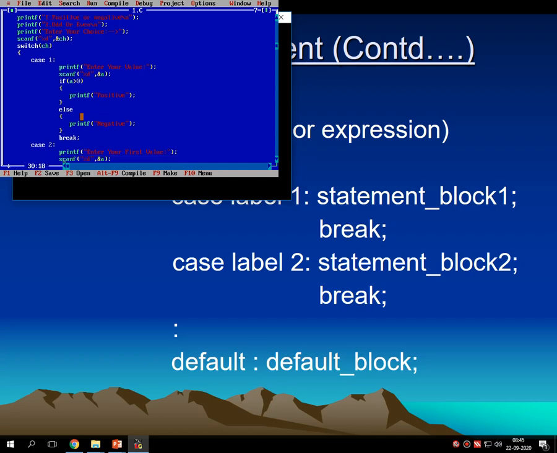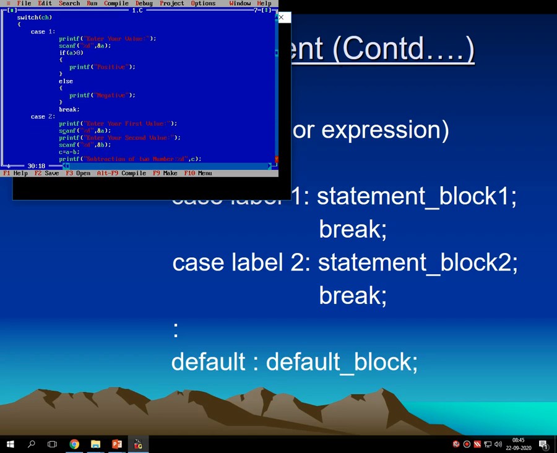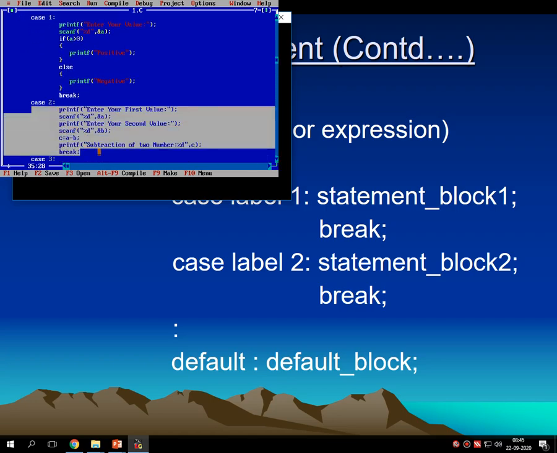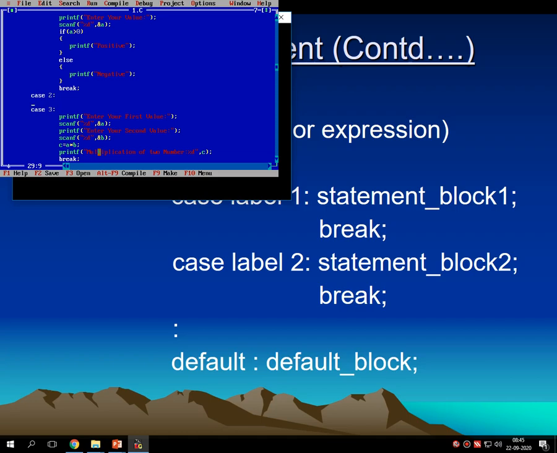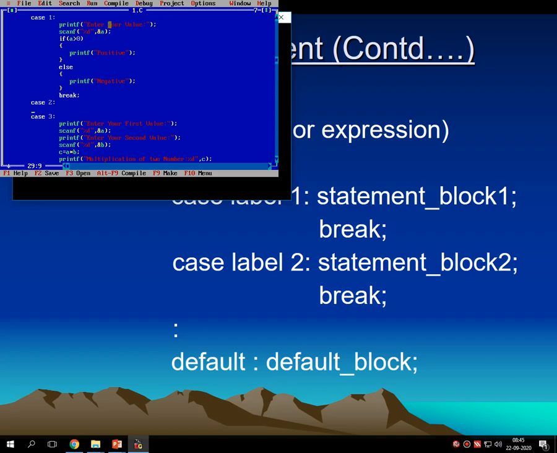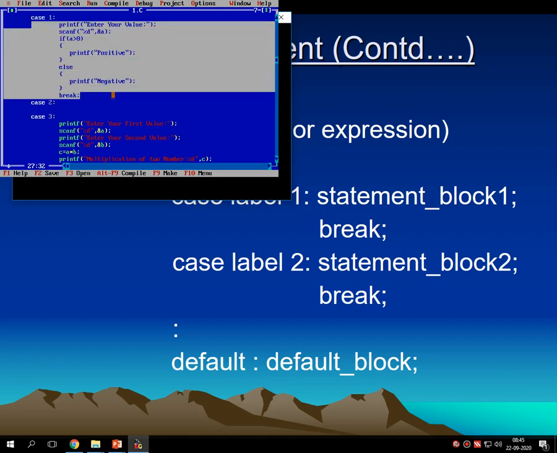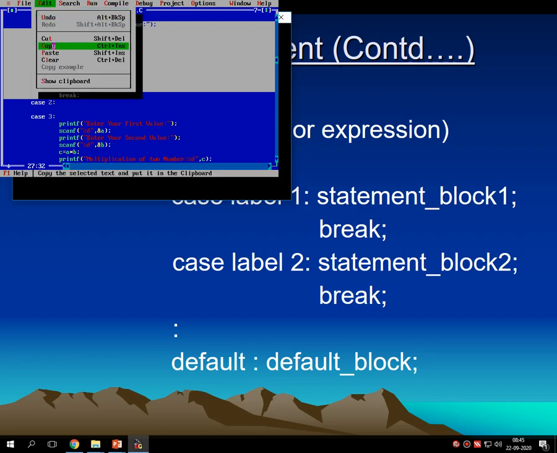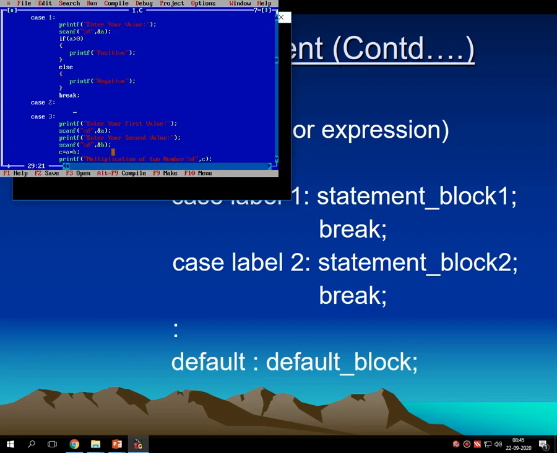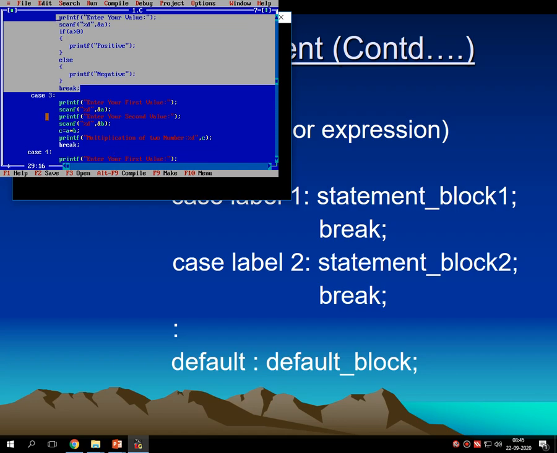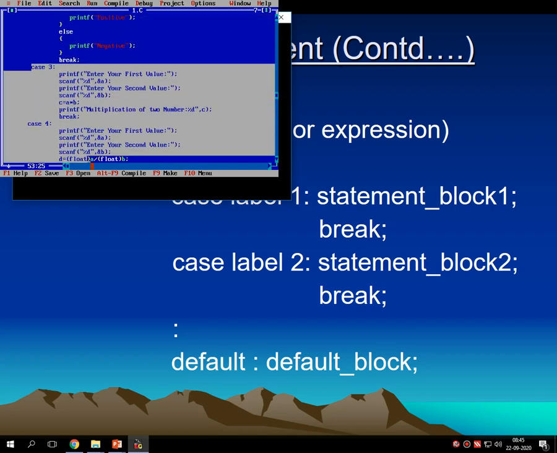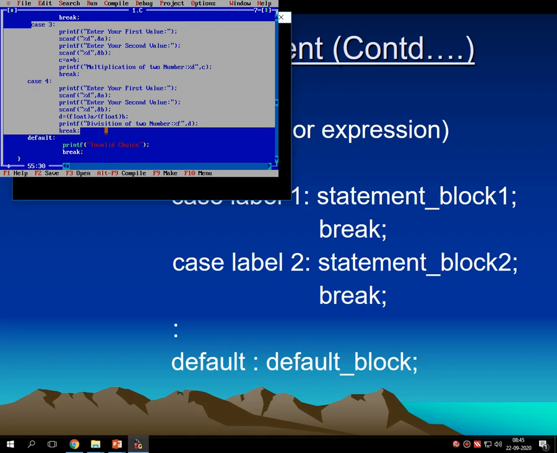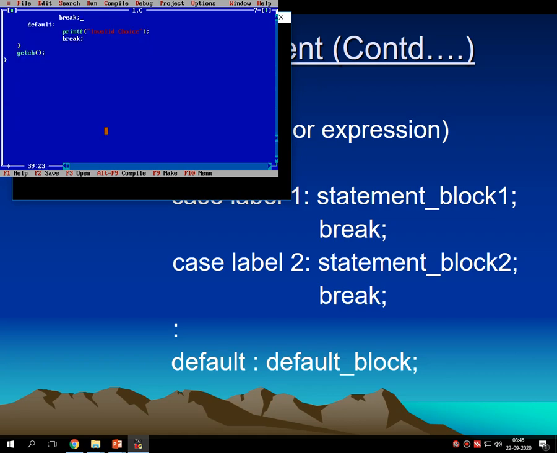Case number two is for checking whether the number is odd or even. Same logic, I am just copying it from part 1 and pasting it for part number 2. I don't have many cases, so I am removing all the other cases designed earlier.